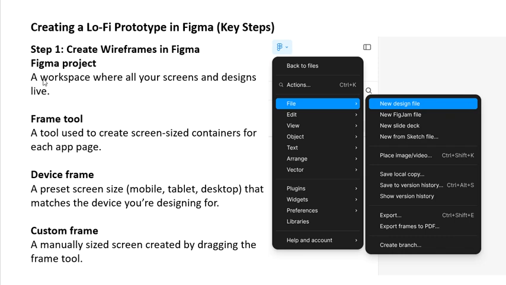So the Figma project is a workspace where all your screens and designs live. The frame tool is used to create a screen size and the constraints for each app page. The device frame is a preset screen size for mobile, tablet, or desktop, to match the device you are designing for, and custom frames let you manually size the screens by dragging